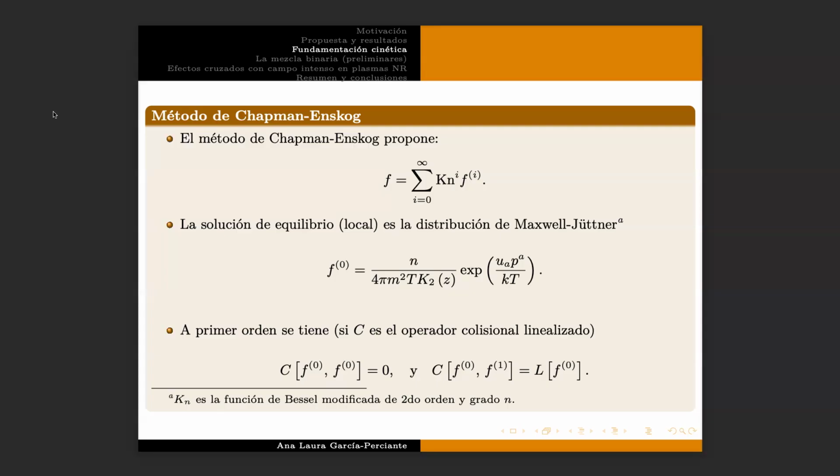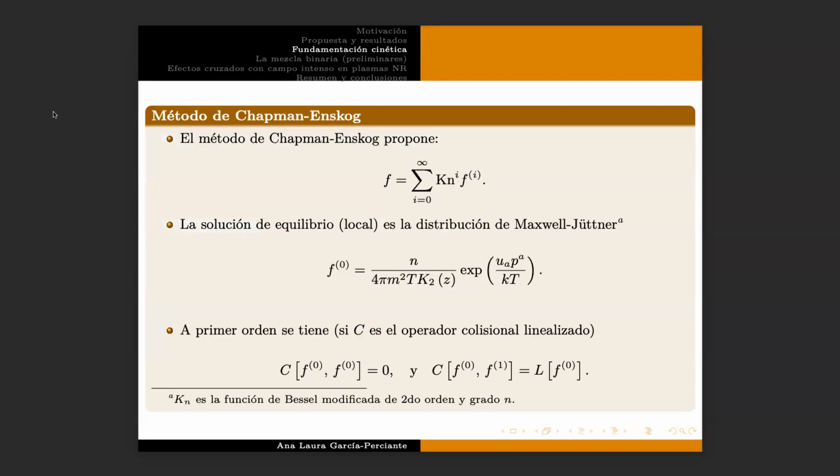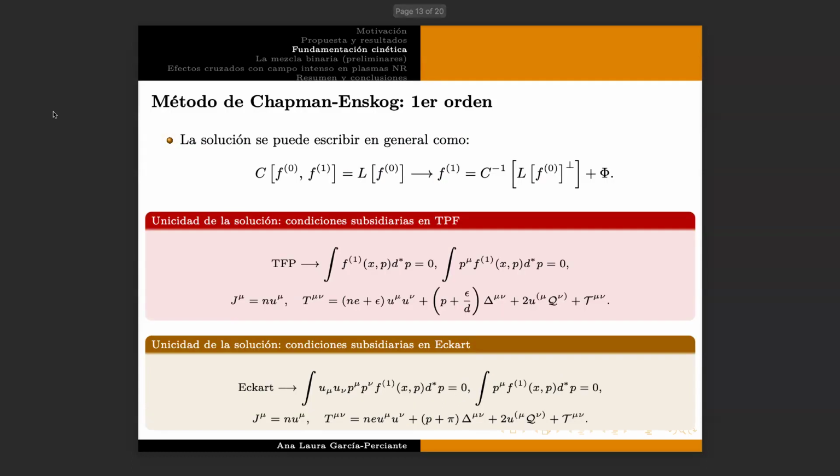And to first order, we get this equation, which is an integral equation. This side I already know, because I know the local equilibrium distribution function, and my unknown is f1, which is the one that is going to have all the information about dissipation. This is the point I wanted to make with all these kinetic theory equations: when you solve this equation in order to get f1, which gives you all the constitutive equations of the dissipation terms,